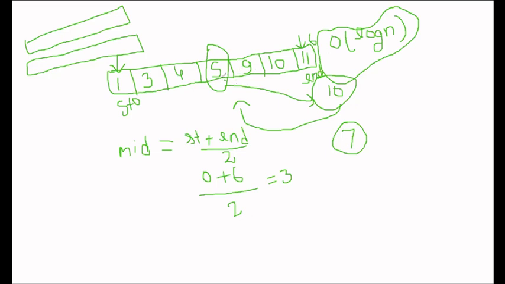So this is not equal to mid, so we'll search again in this part only, because 5 is not equal to 10 and 5 is less than 10. That means our value exists after 5 only, not before 5. After 5 the indexes will be 4, 5, and 6. So again we'll implement binary search on this part. This time our start will be like this. We'll again calculate the mid value. This time our start is 4 and our end is 6.